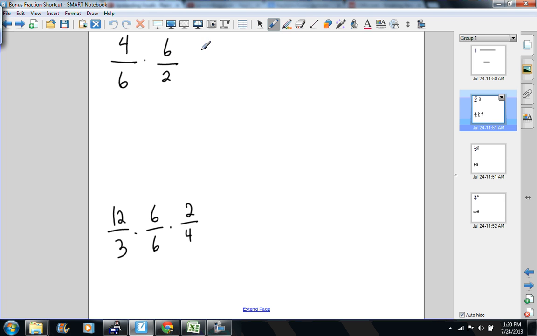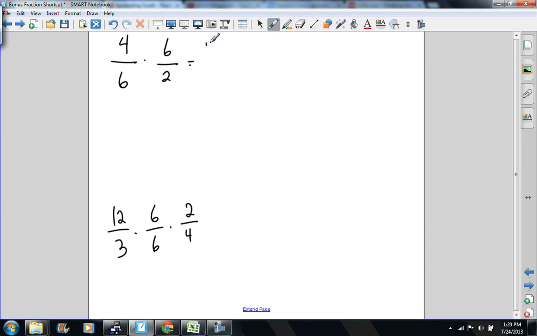Okay, the old way we would have done it would have been 24 over 12, and then we'd simplify down to 12 over 6. We divide by 2 again to 6 over 3. Then we go to 2 over 1, and it would simplify down at the very end to be 2. But a nice way to do this one as well is,